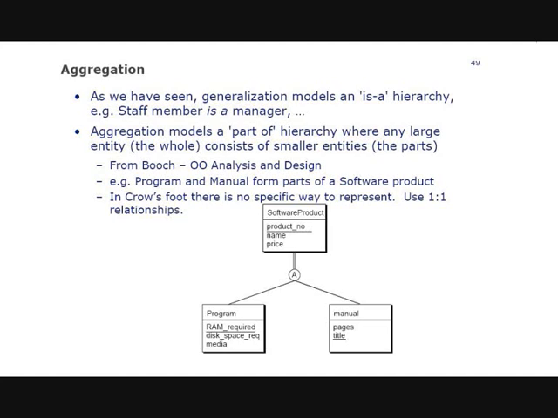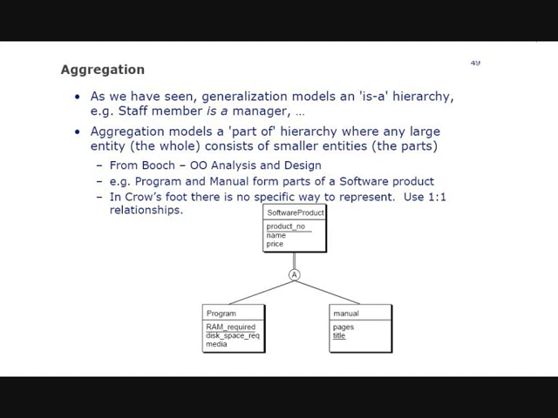It doesn't mean that in every real world scenario you're going to have to use these. Okay? So you have to understand them but not necessarily enforce them upon the diagram if they don't fit in there. So when we have aggregation, we have seen generalization and specialization already, and this is just a special type of it, where instead of an "is a" hierarchy, we are modeling a